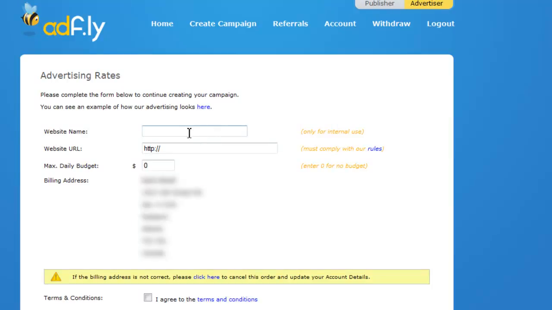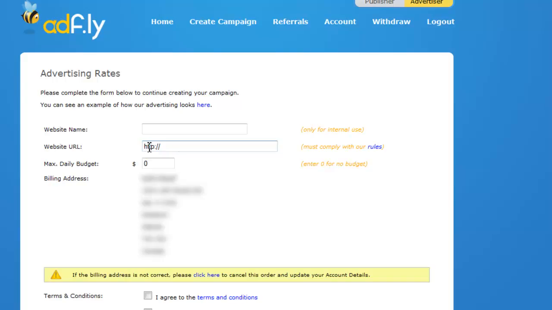Then you're going to call it whatever you want. This is for internal use only. For the website URL, you're going to type in your domain name that you installed the script on. So if you installed the script sequence on example.com, then example.com is going to go here. It's very important that this is the domain that you installed the script on, and not, I repeat, not your AdSense site, because we want the traffic to go through that script process before it hits your AdSense site. So put the domain name of the script sequence domain, again, the domain that you've installed the script on,